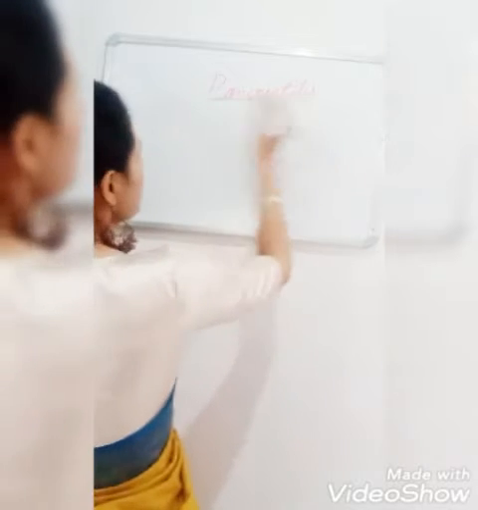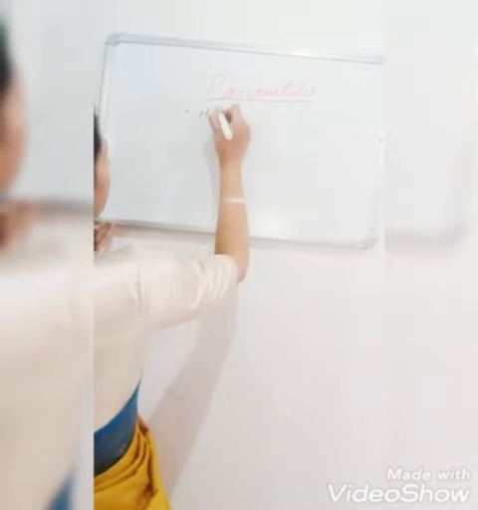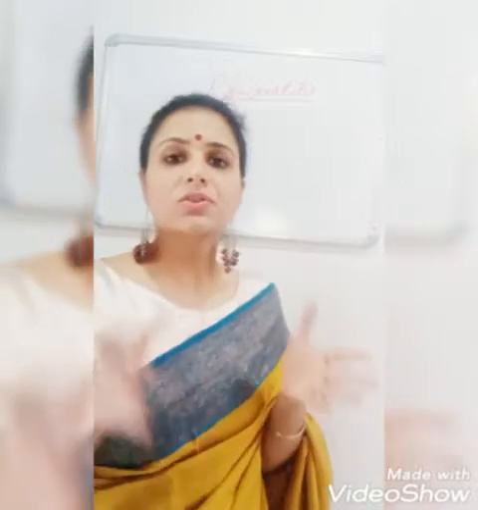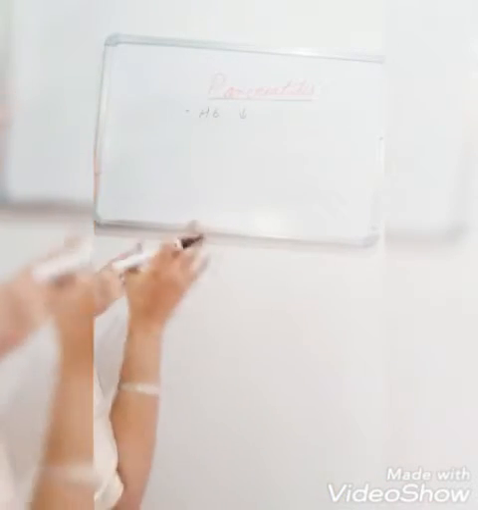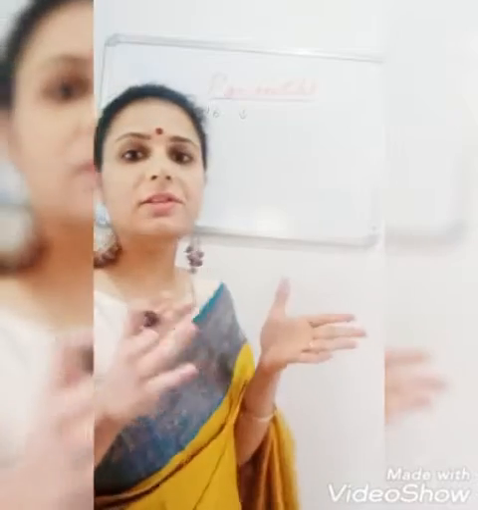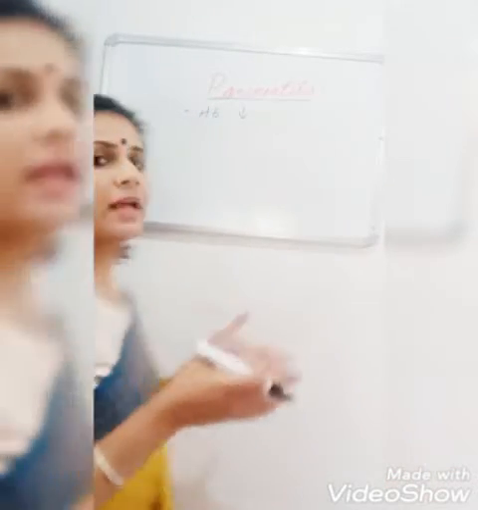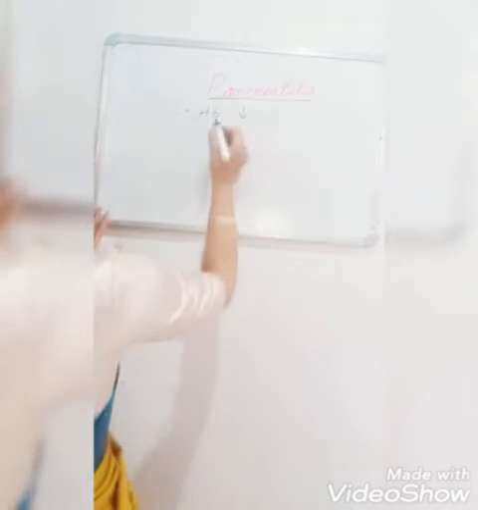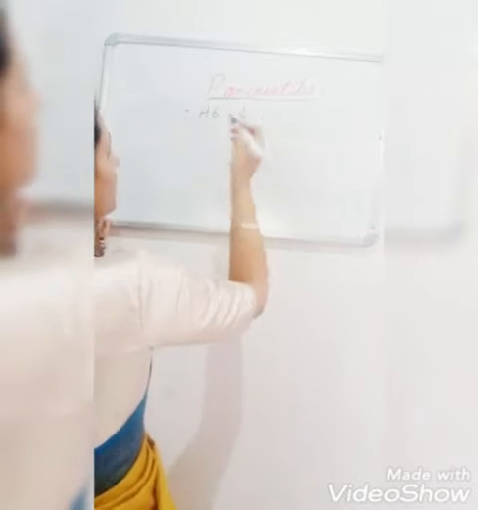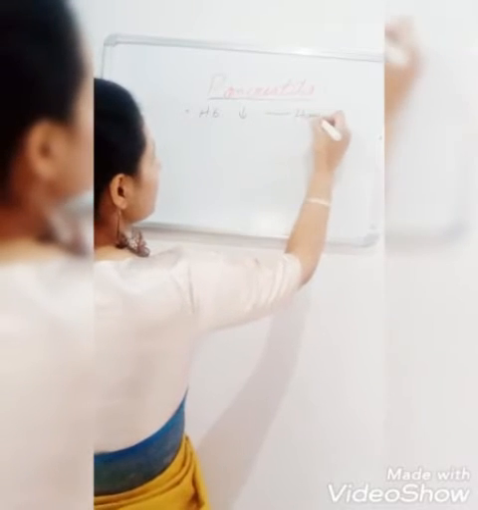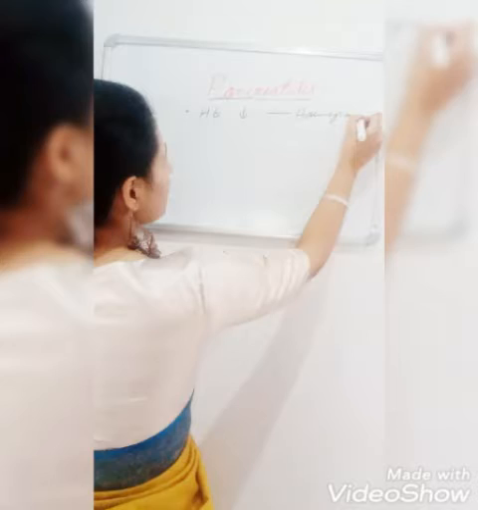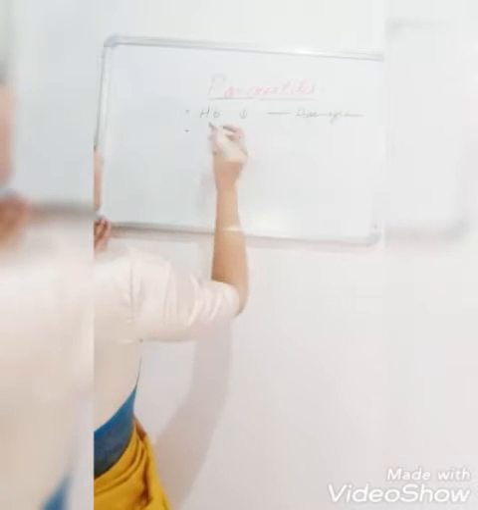Now the investigations in case of pancreatitis. The HB is low because of the hemorrhage and bleeding. There is intraperitoneal hemorrhage and bleeding that will result in low HB, that is low level of the hemoglobin, or there could be anemia also. So there is low hemoglobin, so hemogram is done.